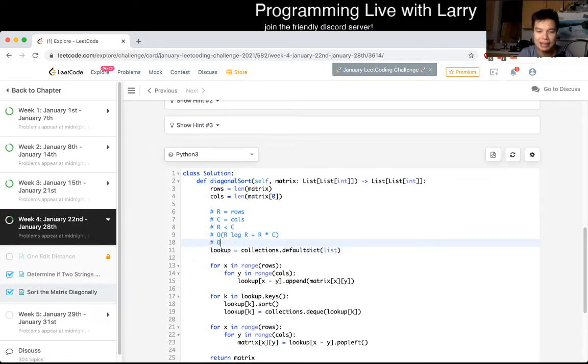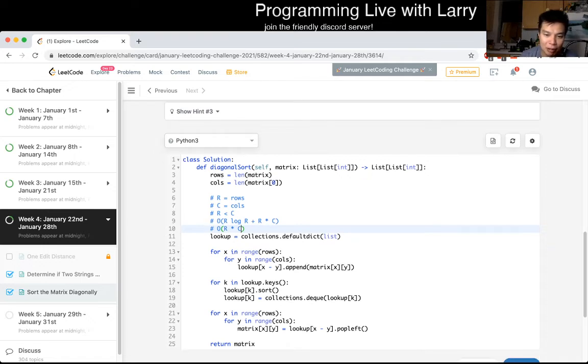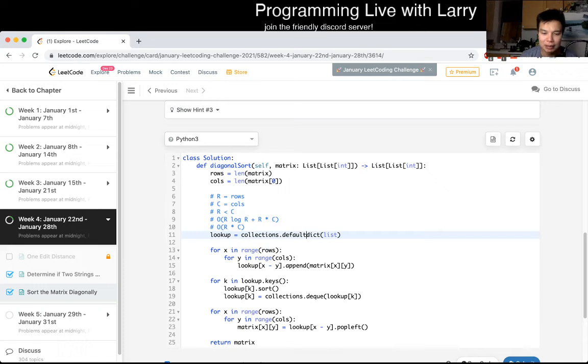And in terms of space, for each item, we put everything in a lookup table. So it's going to be linear space because each item appears once in the original. Every item that appears once in the original matrix appears in this lookup table once. So yeah, this is linear space, and this is R log R time, which